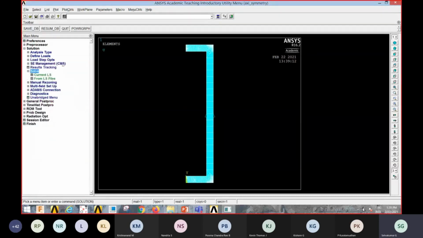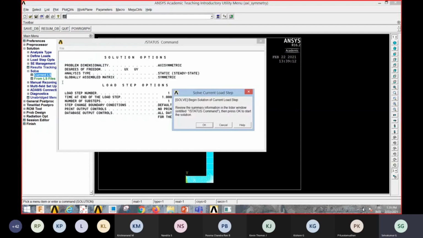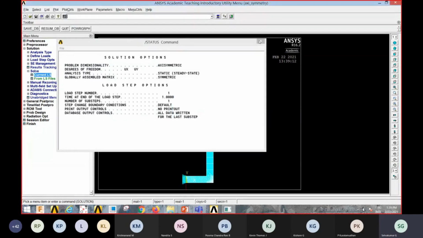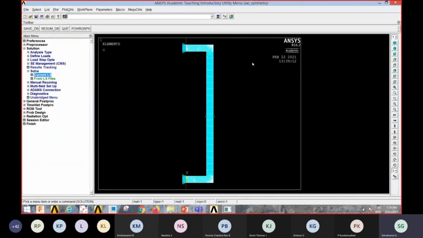Now solve. Since we have given the boundary condition and we have restricted uy at the middle and we have applied the load as well, for this current load setup, solve the problem. Close. So the solution is done now.